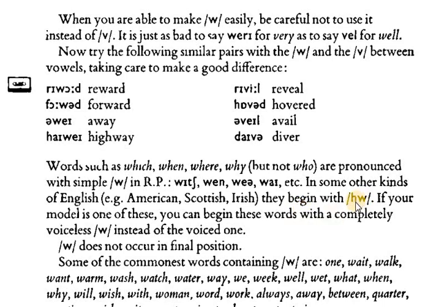I'm going to have two consonants, h and w. If your model is one of these, American, Scottish, or Irish, you are going to pronounce the word, for example, which, with hw, but in RP they pronounce it with w. You can begin these words with a completely voiceless sound instead of the voiced one. Again,